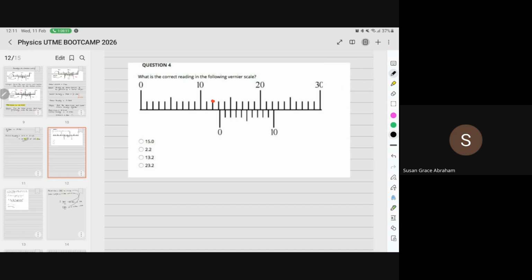So that means that the main scale is equal to 10 point what? This is 20. If it's 20, that means we're counting 11, 12, 13, 14, 15, 16, 17, 18, 19, 20. So that place is 11 centimeter. Then there's a place that it's crossed. Let's look at the place that it's crossed. You can see that it was here. This is the crossing. So that place is 0, 1, 2, 3, 4, 5, 6, 7, 8, 9, 10. So that place is 3, right? That place is 3. So now the vernier scale